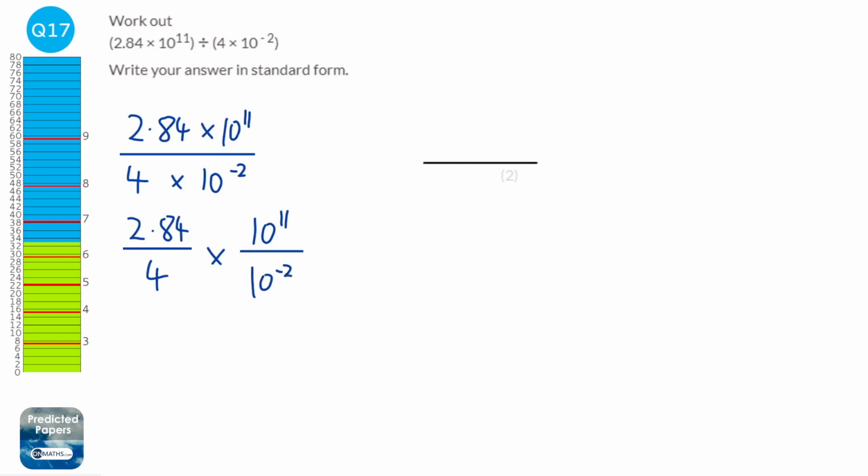Okay, so we're going to start by doing 2.84 divided by 4. So we're going to just do the bus stop method, so 4 on the outside, and we've got 2.84 on the inside. 4's into 2 don't go, so carry the 2 across. 4's into 28 go 7, and 4's into 4 go 1. So it's going to be 0.71 times,